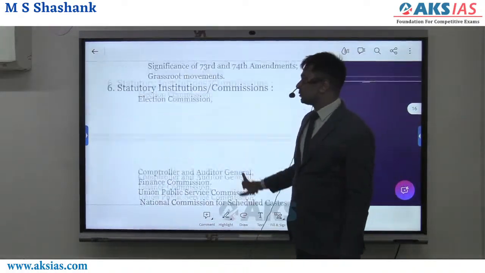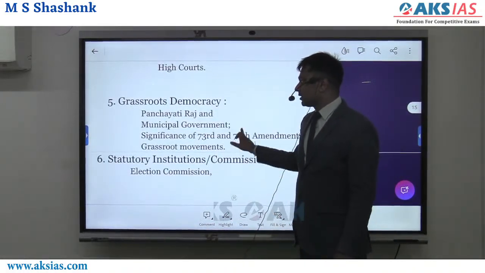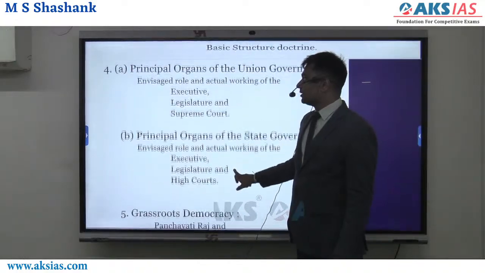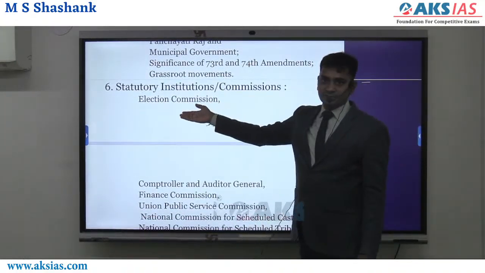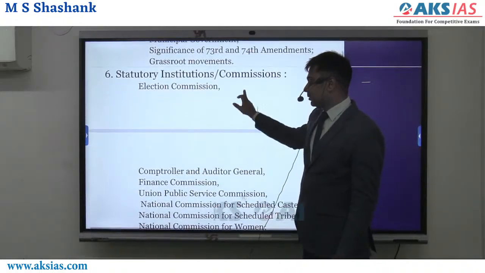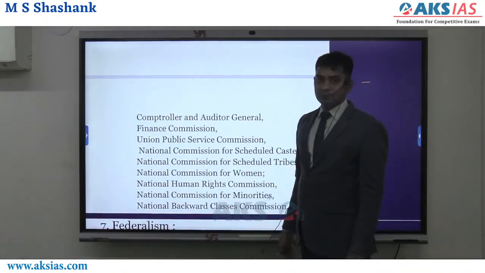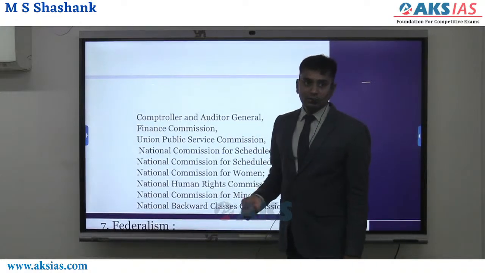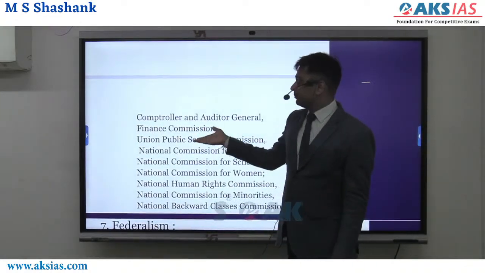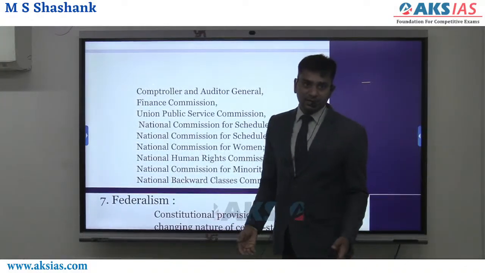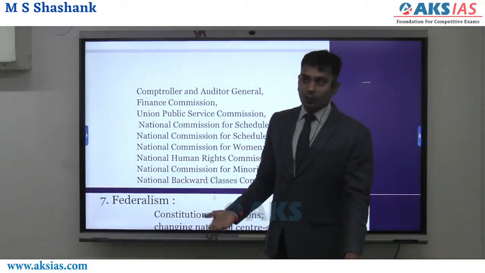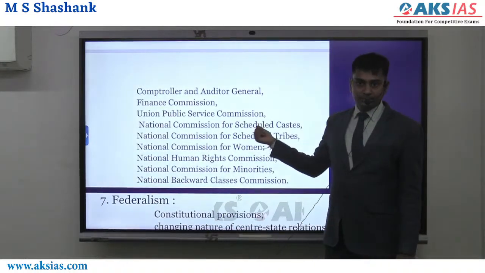Look at the Election Commission. What does the Election Commission do? It controls the legislative component here and here. This is a checks and balancing institution on the legislature, be it Parliament or state legislature. CAG, Finance Commission, are checks and balancing institutions of the finances in the country. Then you have UPSC, Union Public Service Commission. This is a checks and balancing institution on the executive, on how the executive has to be brought in.